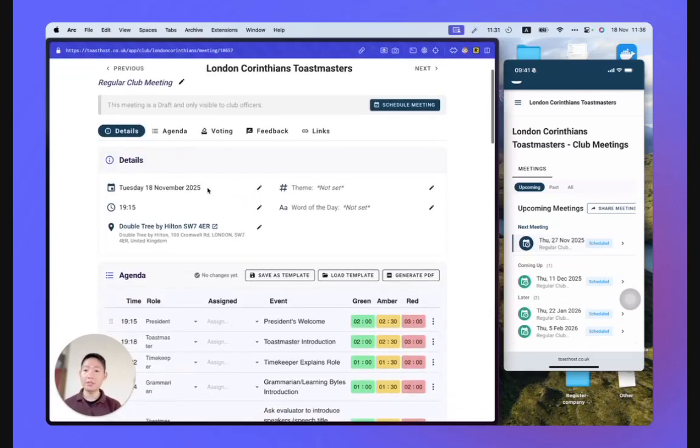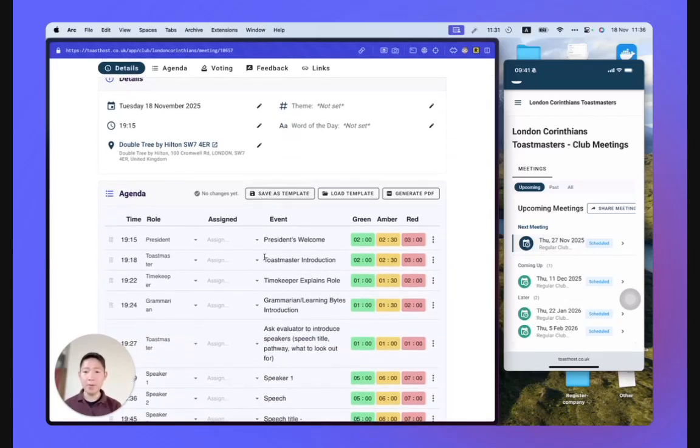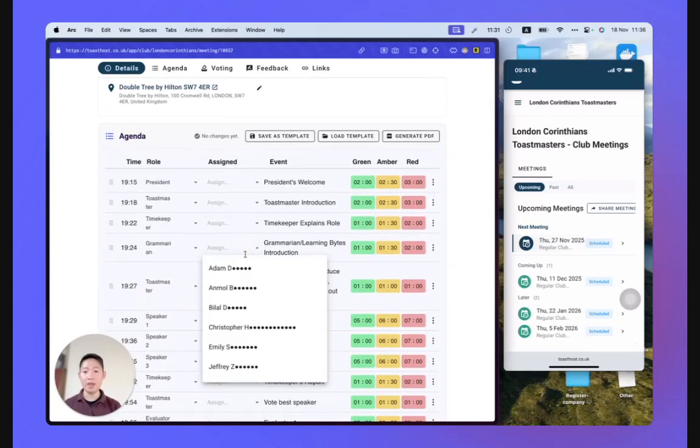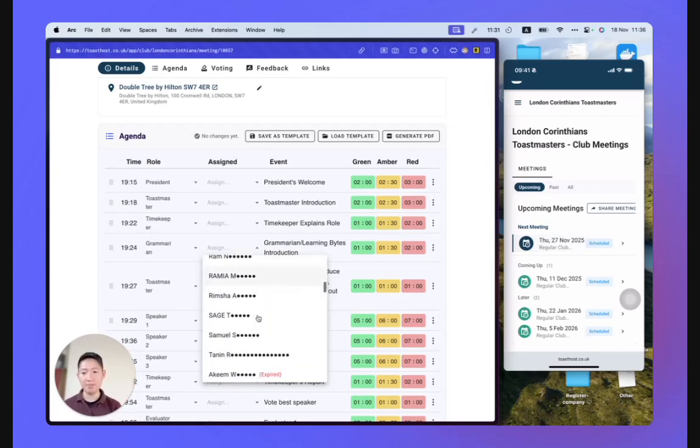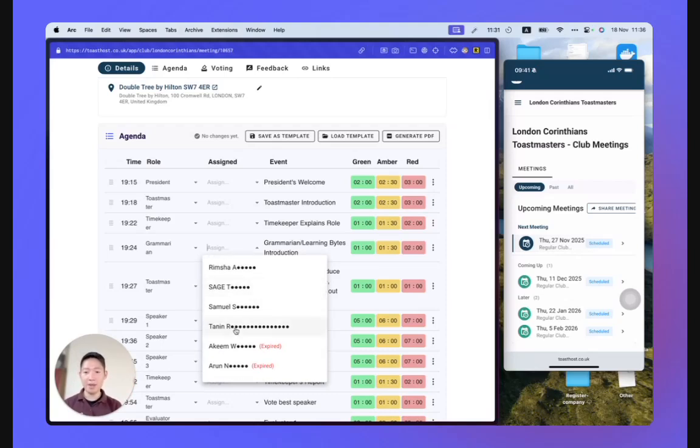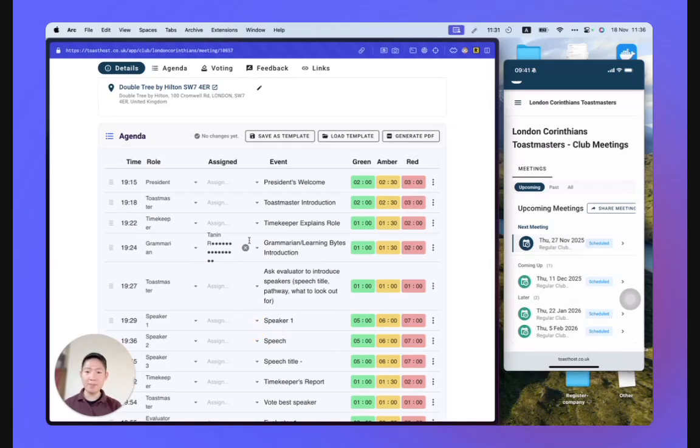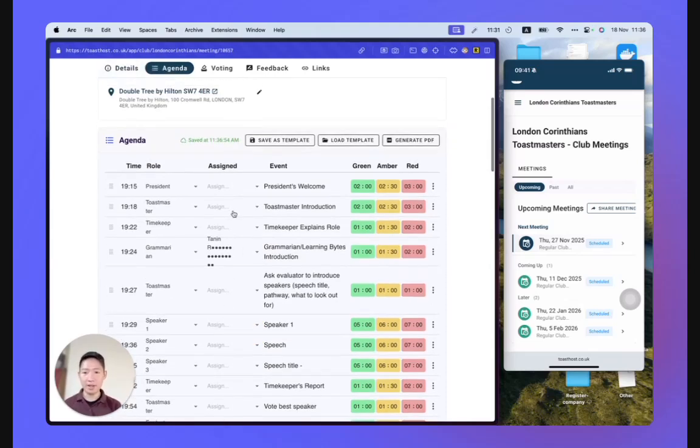On the meeting page, you can add any details about the meeting, and you can assign people. All the members' names will be shown in the drop down too, so that you don't mistype the name of your members. Note that it is redacted because I'm doing a video recording, so just to protect their privacy, the full names won't be shown. You can see my name here, and I can select my name as a grammarian,